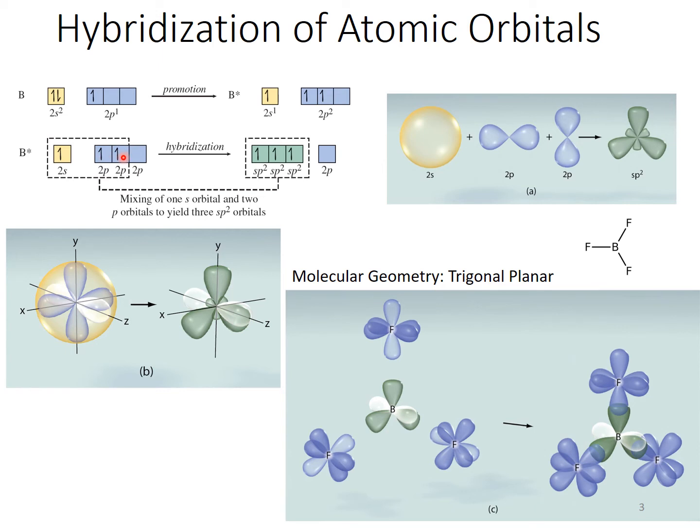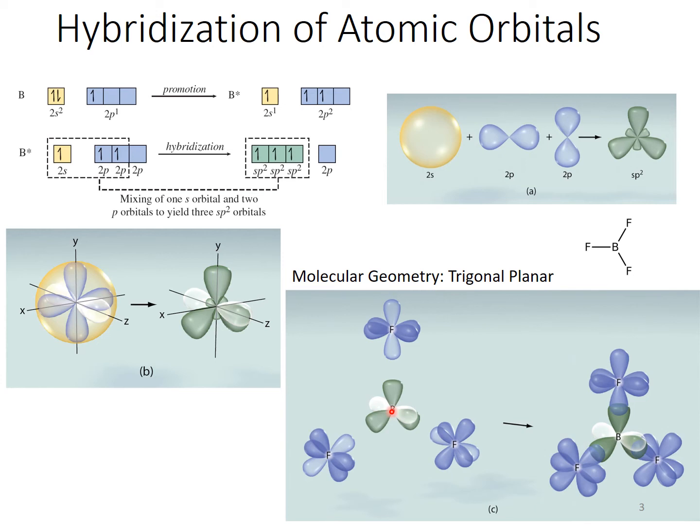We couldn't have done that with this. These are 90 degrees to each other. So this would not have justified if we had talked about valence bond theory with this ground state electron configuration. That would not have given us the correct geometry. We know it's trigonal planar due to our VSEPR theory understanding. And now hybridization of atomic orbitals in conjunction with valence bond theory can start to justify the geometries that we're observing. So again, we're going to have this sp2 hybridized orbital, this sp2 hybridized orbital, and this sp2 hybridized orbital